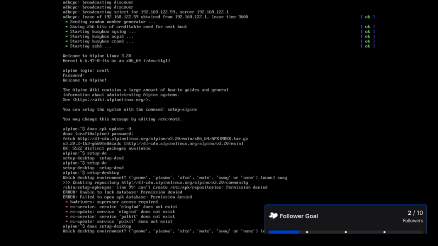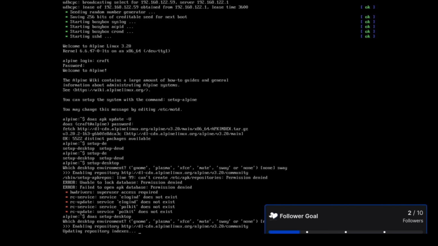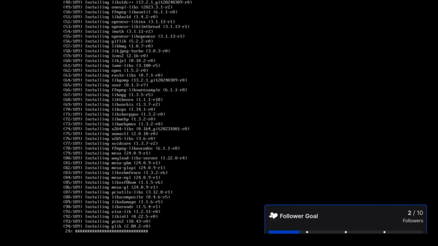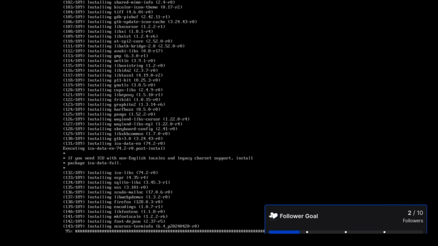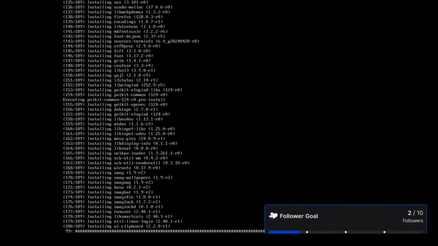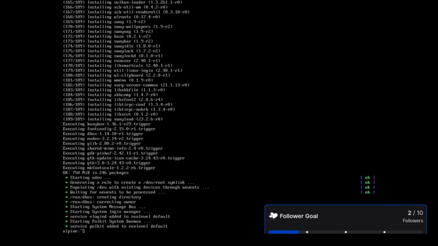You have to do it as root, so you run the doas command. Some people might be more familiar with sudo, so you run doas and then setup-desktop, and then as an argument, you can pass it something like sway or nothing. When you just run that script, it'll ask you, what do you want to install? In this case, sway. And so we tell it sway, and it's done already. Sway's installed. So if we type sway,